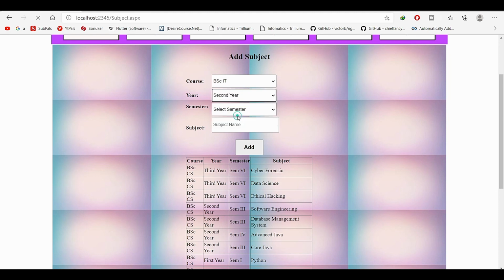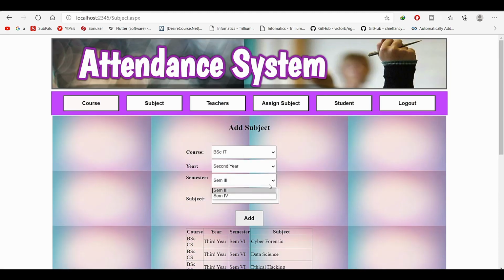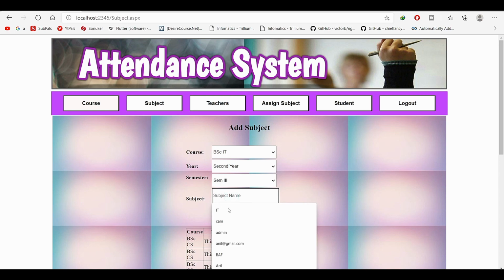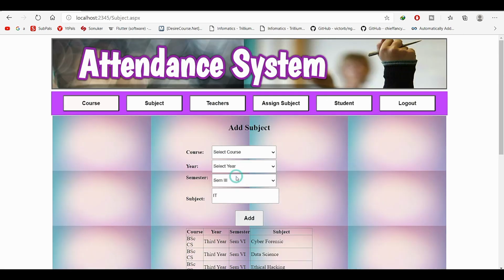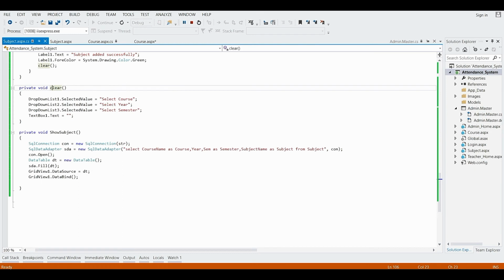Suppose after adding a subject, say I have added this IT subject in this BSc IT course for the second year and the same for the third, then it should go back to the initial state, that is select course, select year, and select SEM. For that I have given this clear function.